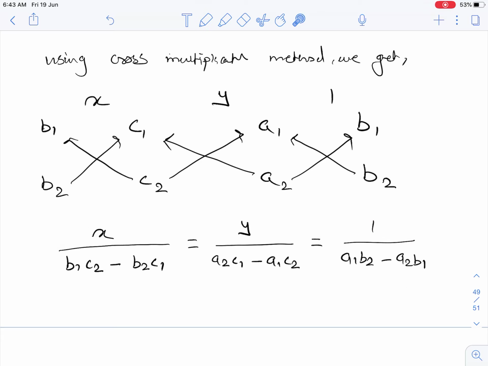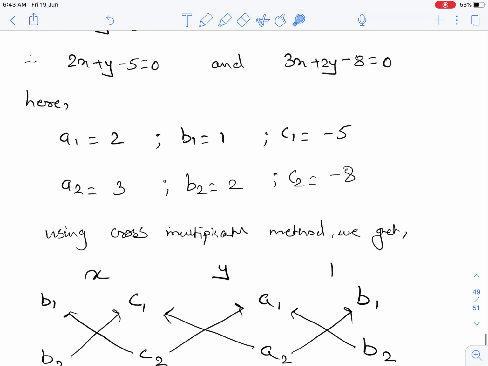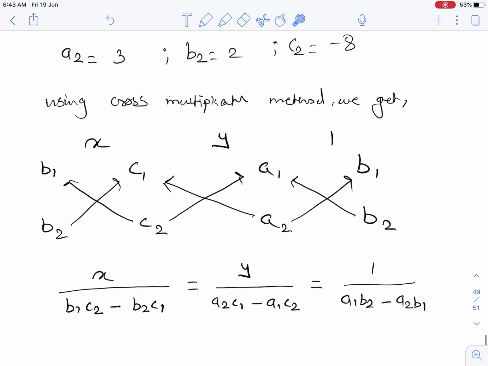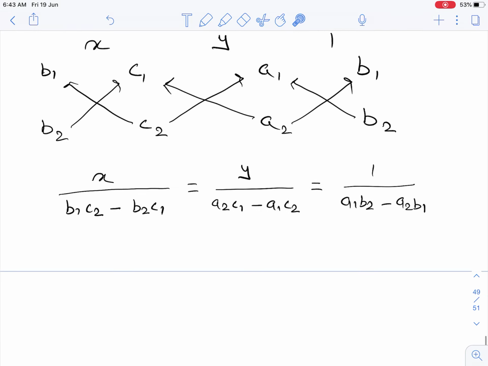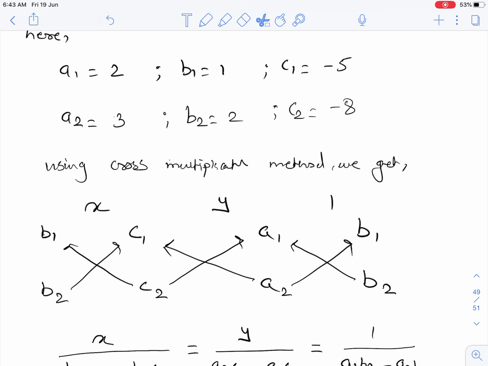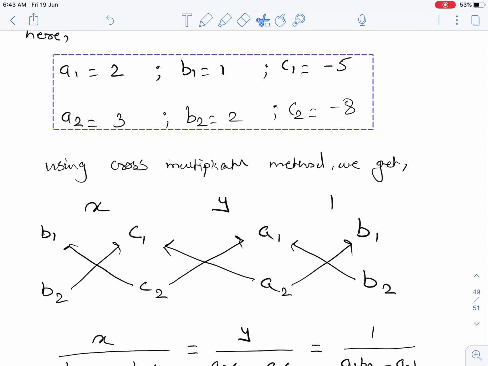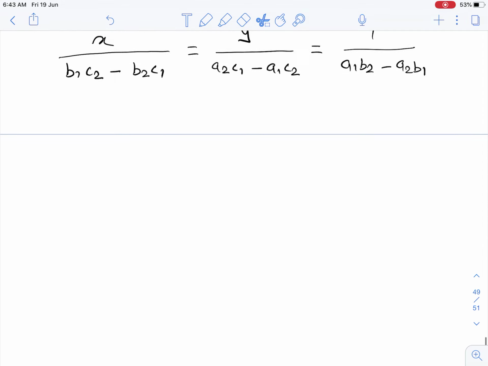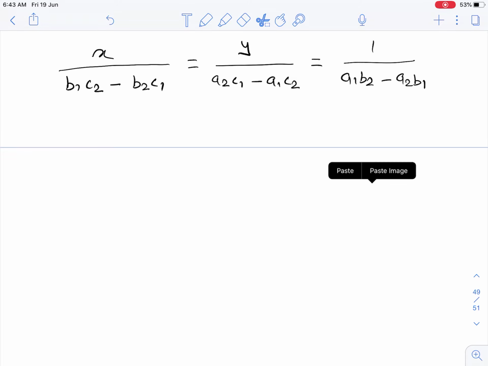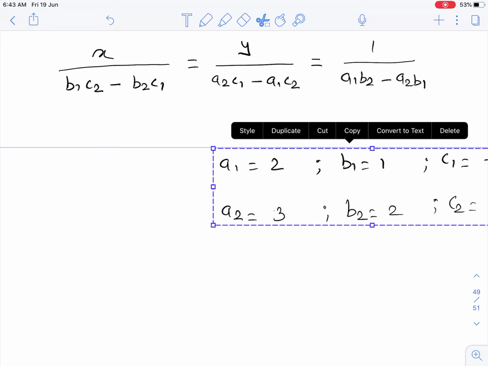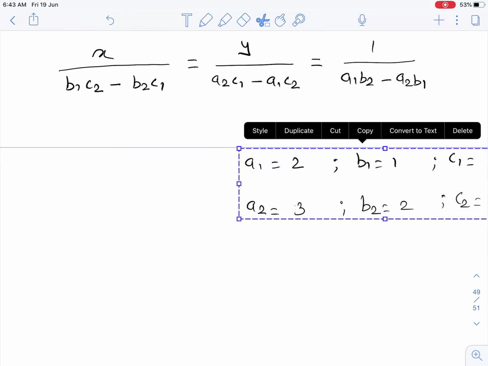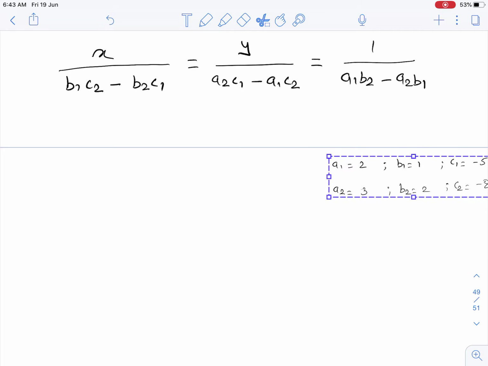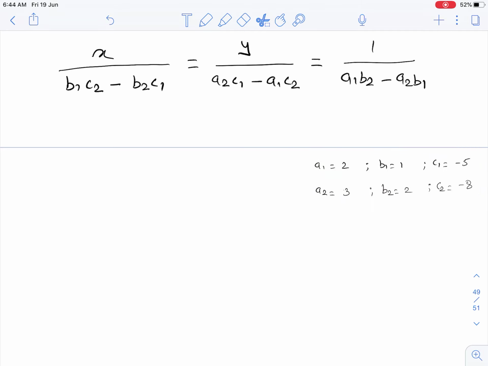Okay, now what we have to do, we have to substitute these values. Okay, where? So we have to substitute here. Okay, so for our convenience I am copying these values over here, and I am pasting it here. Okay, so now what we have to do,